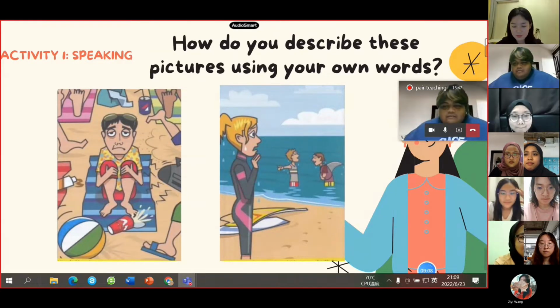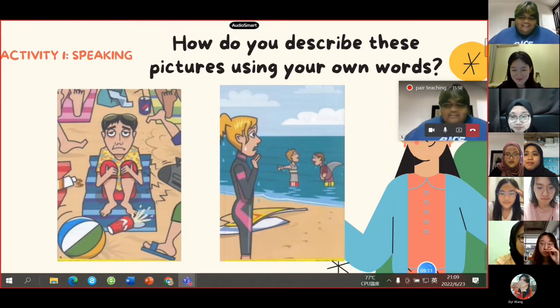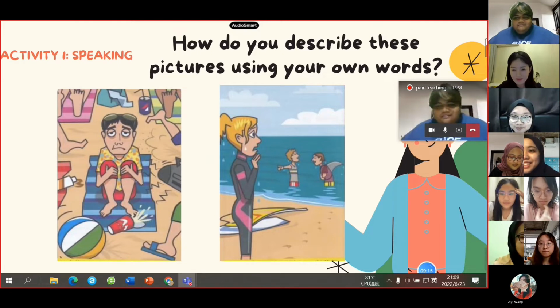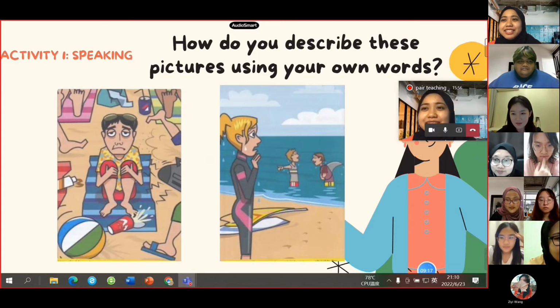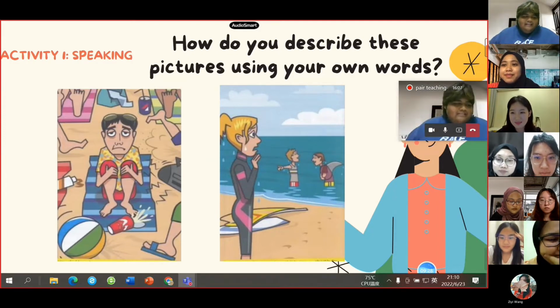For picture two, maybe Nur Shazrina, can you help me? Yes, teacher. I think the girl is shocked because she thinks the boys are talking about her. Oh, okay. Acceptable. I'll take that as a correct answer.